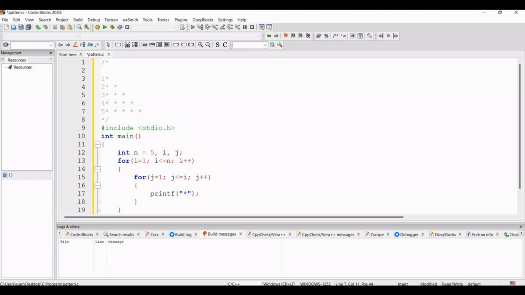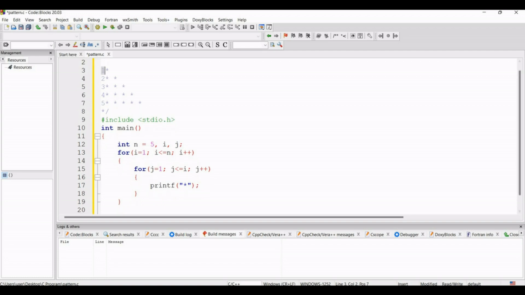So there, at first, we have to rotate one loop by which we get the line number. First the line number will be 1. For that reason the outer for loop works for the lines, that means rows. Here the first value of i will be 1, for line number 1, then it will be incremented by 1 and will be 2, for line number 2. In this way it will go up to less than or equal to n, that means less than or equal to 5, that means line number 5.